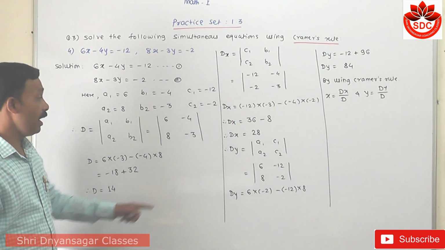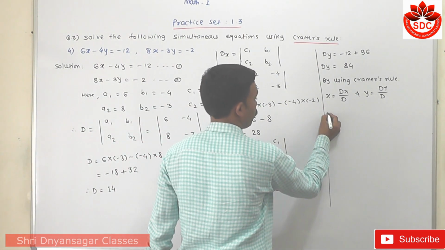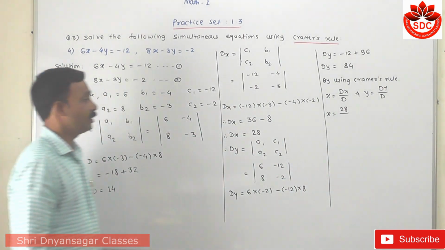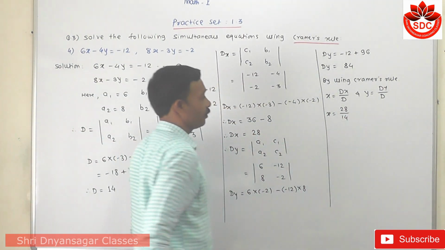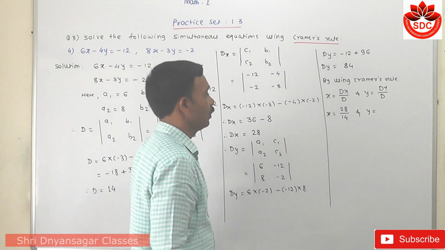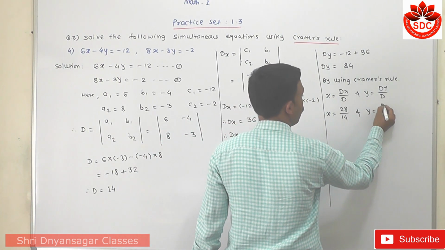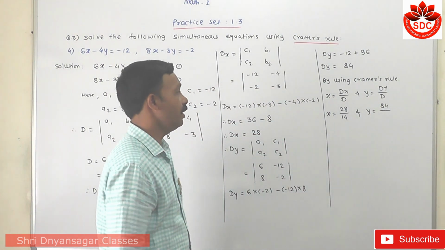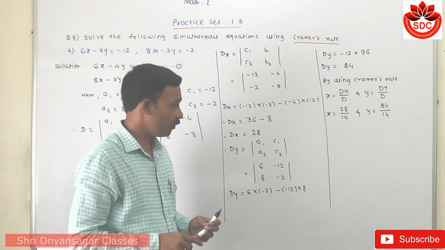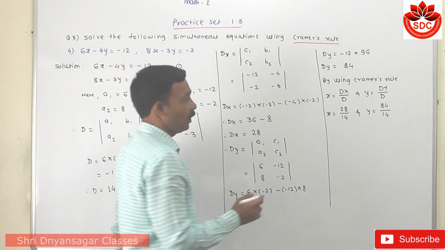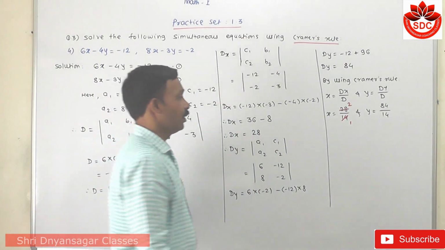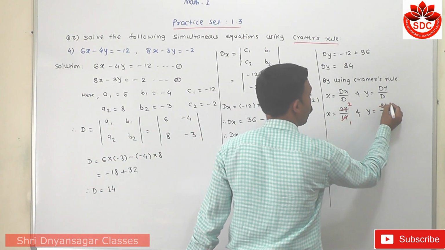Now the value of dx is 28, upon the value of determinant D, which is 40, and y is equal to dy upon D: the value of dy is 84 and the value of D is 40. Student, we can simplify by using 14. Now 14 1s are 14, 14 2s are 28. Then 14 1s are 14, 14 6s are